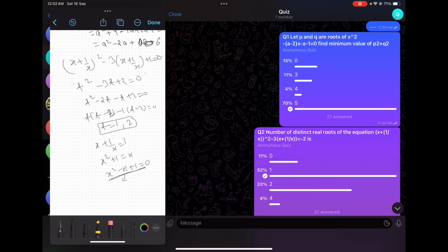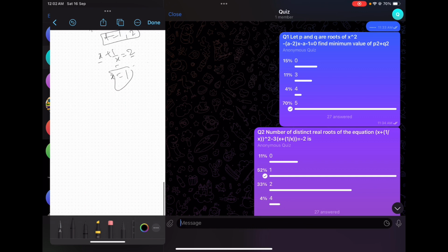No real roots, because discriminant you can see it is 1 minus 4. So this is negative, minus 3 negative. So no real roots. Now another case is of x plus 1 by x equal to 2. Okay, in that you don't even need to solve this. As soon as you see this is like something you should learn as well, remember as well. As soon as you see this, x plus 1 by x equal to 2, how is it possible when x is 1? So x equal to 1, so only one real root is possible. Okay, in this, let's come to next question.